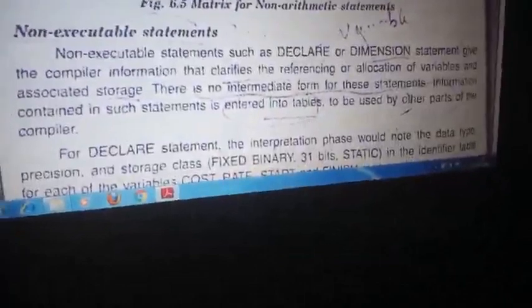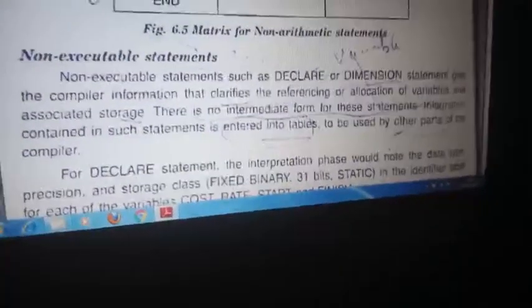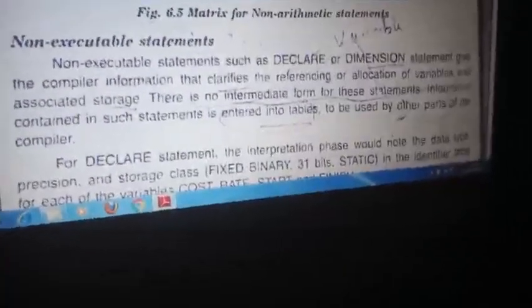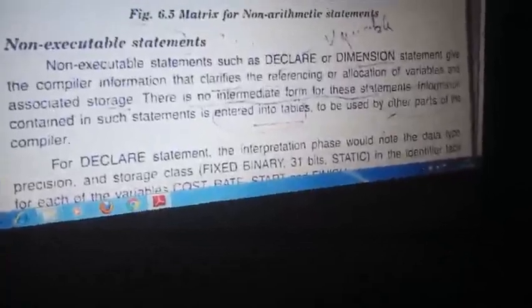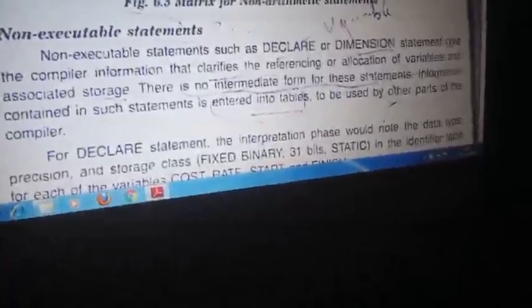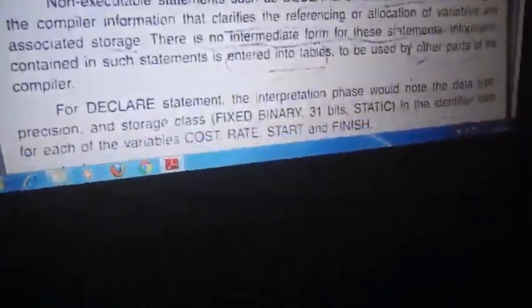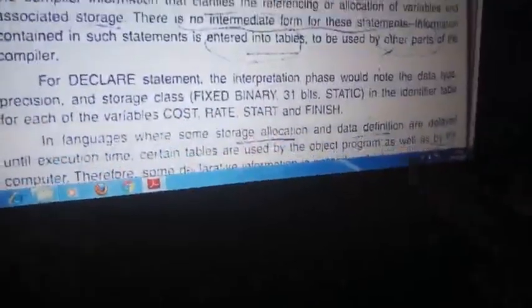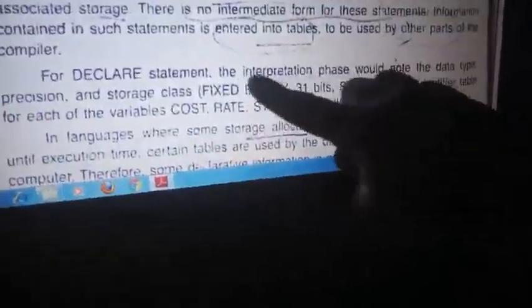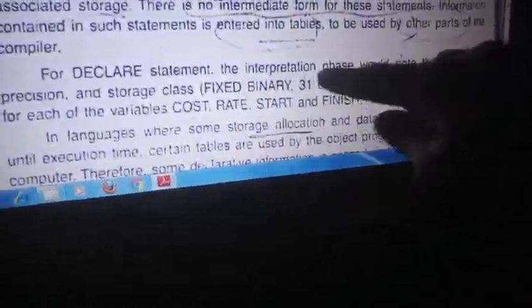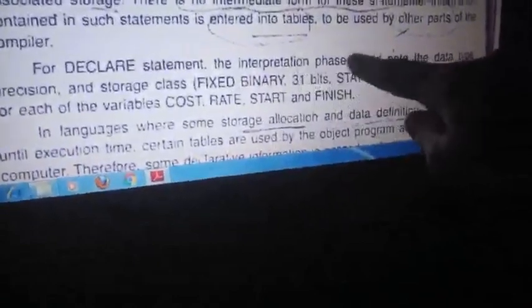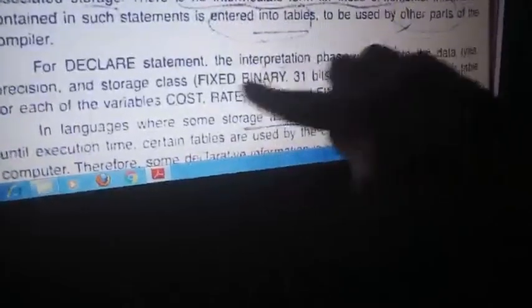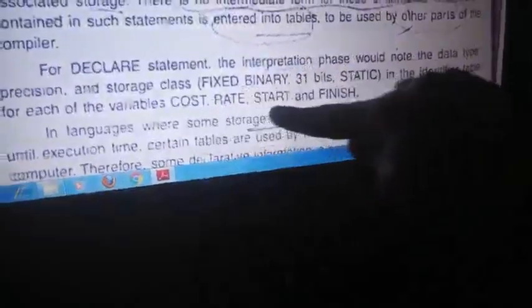Clear? Non-executable statements are like declare and dimension. These won't execute, but they perform an operation. For example, declare will assign the storage. It doesn't execute, but it assigns the storage. For example, if you have a declare fixed binary of 32, which is static, then it will represent a fixed memory location of 32 bits, of type static, for the variables called cost, rate, start, finish.